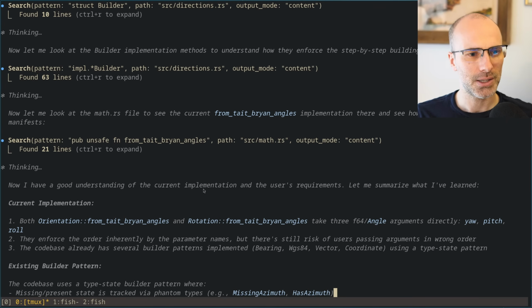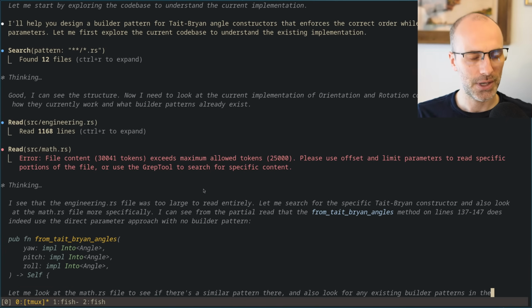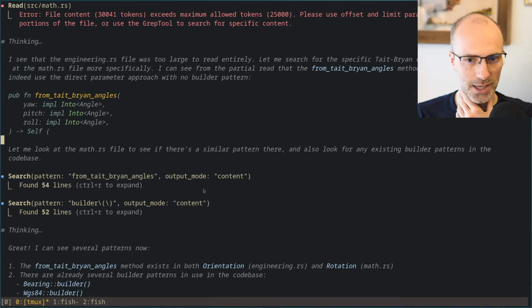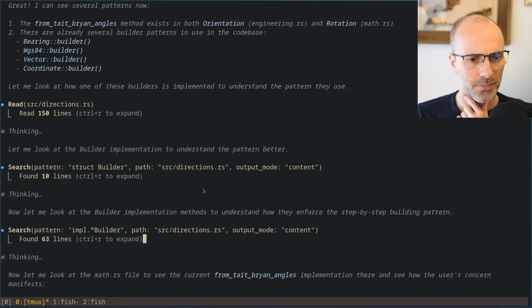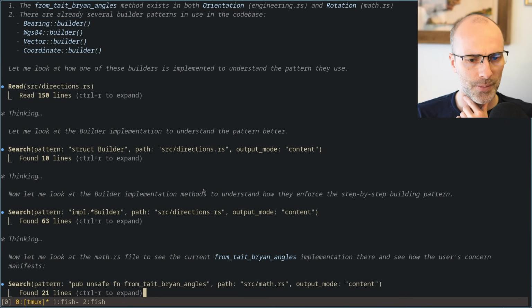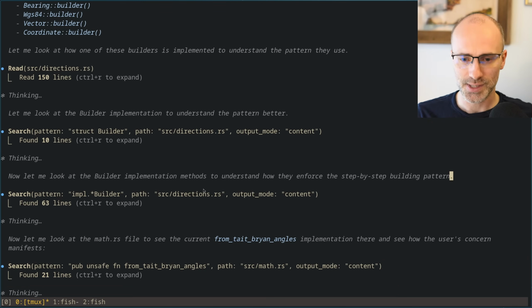What else we got here? So it found the constructor, which indeed looks like that. Then it's looking for other builders, including the ones that it used previously, but it doesn't know that, of course. Okay. And it realizes that it has to do a step-by-step building pattern.